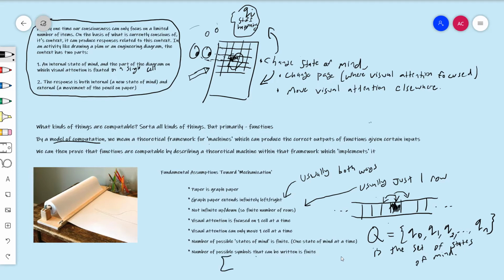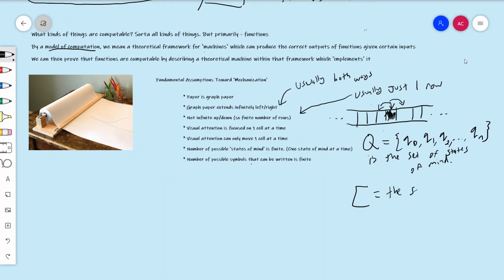I guess I'm sort of out of space. I have to move the set of symbols. This is a capital sigma, and we call it an alphabet. Sometimes the typical alphabet that you use is a combination of the English alphabet, Greek letters, digits, but it's a finite set. ASCII,